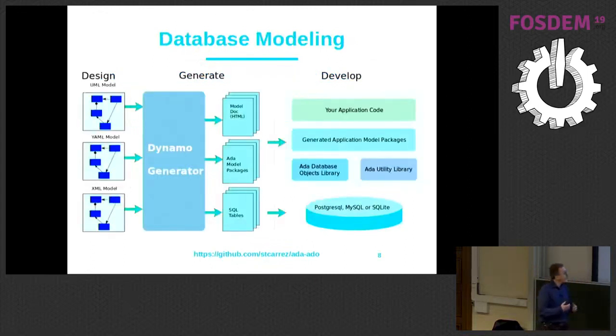Database modeling is the process by which you describe in one language or another your database model. You can describe your model with UML, or you can describe your database model with XML, with Hibernate XML for example, or in YAML with the Doctrine PHP model. So you have three technologies that you can use to describe what your tables are and what rows they contain.